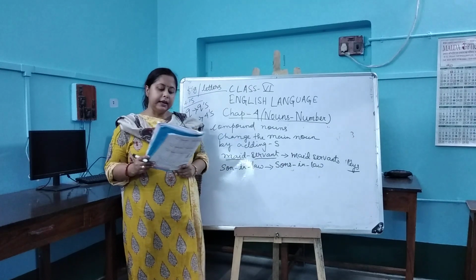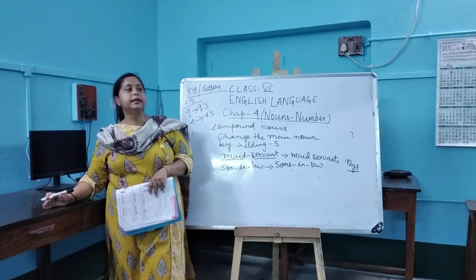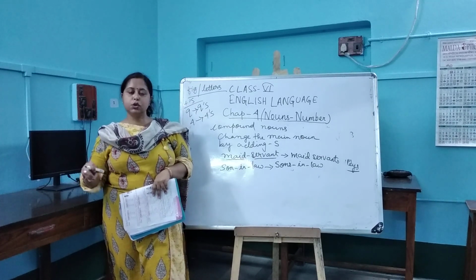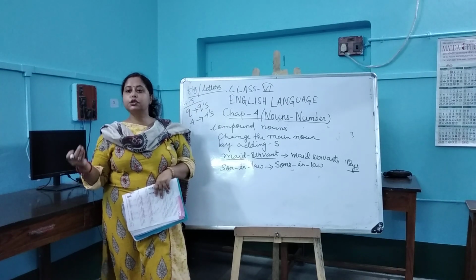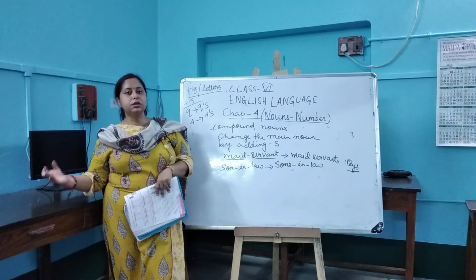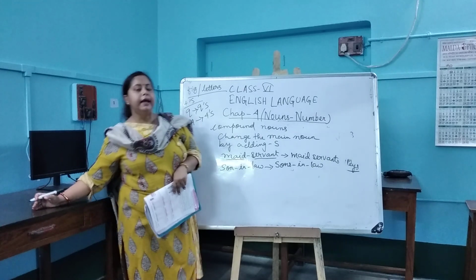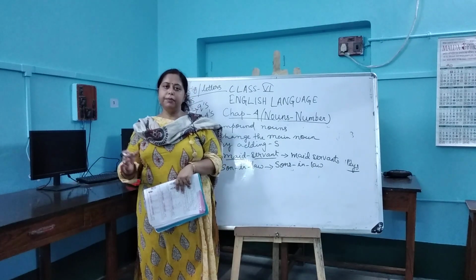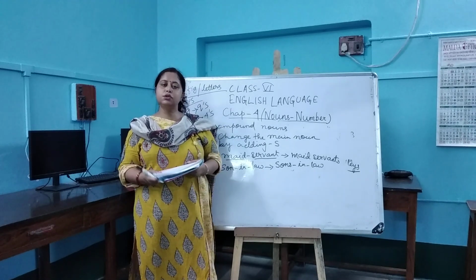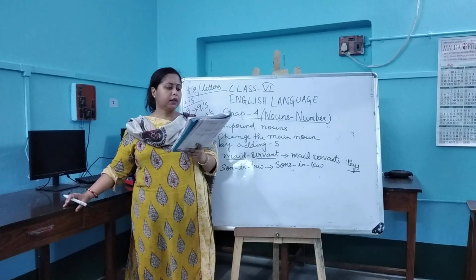We say the child is collecting stones. Now stone, you will say, is a material noun. But in this case, when we say the child is collecting stones, that means the child is collecting the pebbles, the stones one by one. So in this case, we can use it in the plural form. But when we say the wall is made of stone, that means we are using stone as the material noun. So in this case, we will use only the singular form.